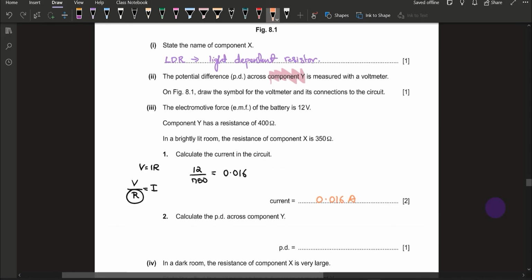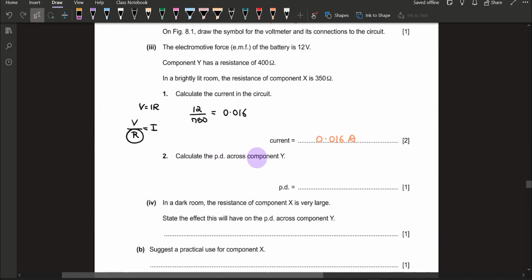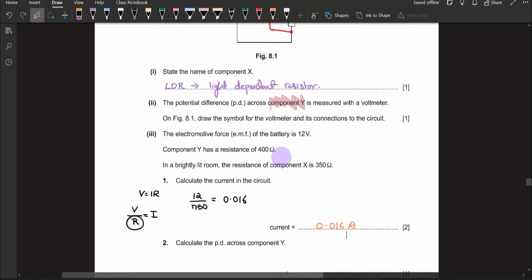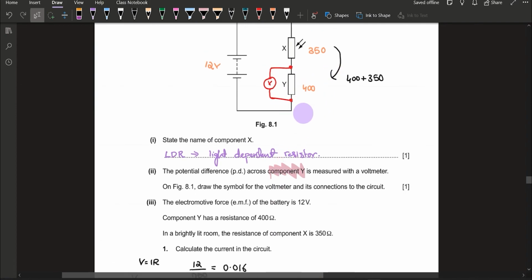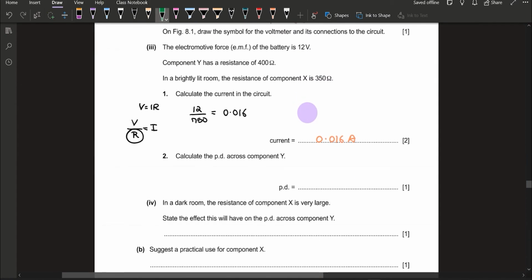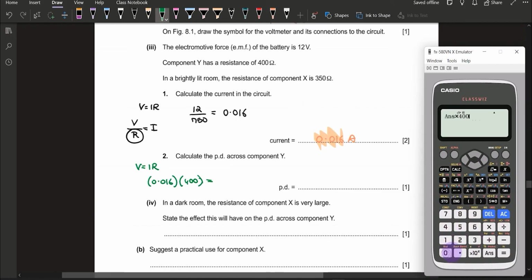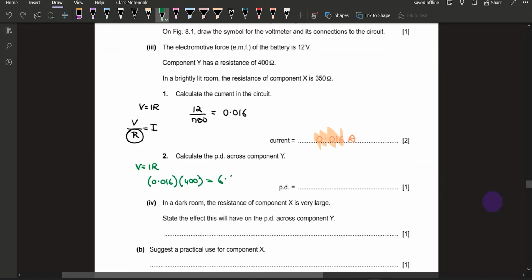Part 2 says calculate the PD across component Y. So component Y has a resistance of 400, and we have the formula V equals IR. The current is, as we calculated in the first part, 0.016. So 0.016 times R, which is 400, is going to give us our answer as 6.4. So our PD is going to be 6.4